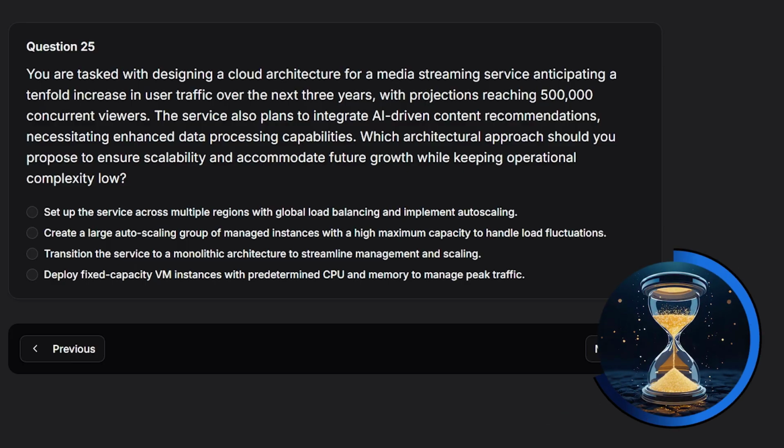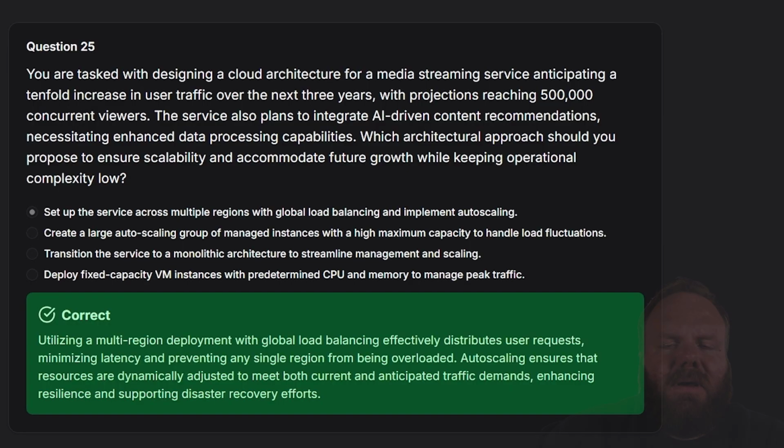The answer here is A, because we want to use a multi-region deployment with a global load balancer because that's key to both speed and stability. It sends user requests to whatever is the closest, healthiest server, which prevents any one region from becoming overloaded. And when you combine that with auto-scaling, it ensures that resources are always available to handle any demand spikes or